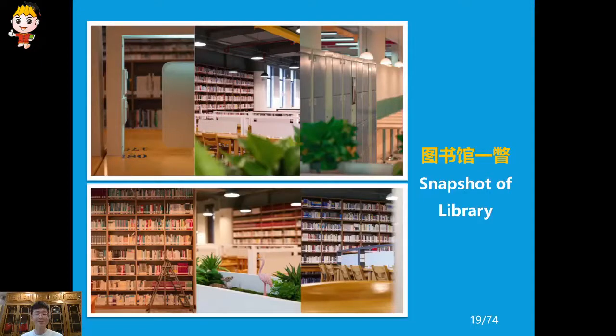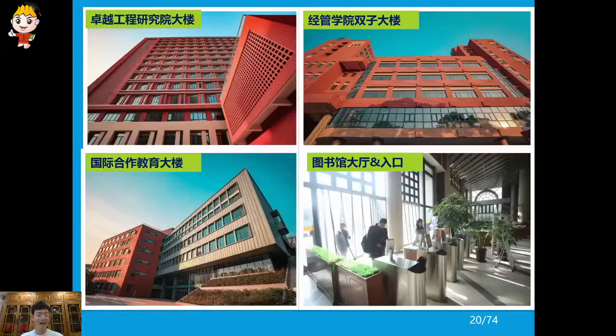Also, this is a snapshot of the library and also loads of books and journals here. Okay, snapshot. And here 4 buildings on the campus. Like on the left column, okay, the upper one, this is excellent engineering graduate school building.